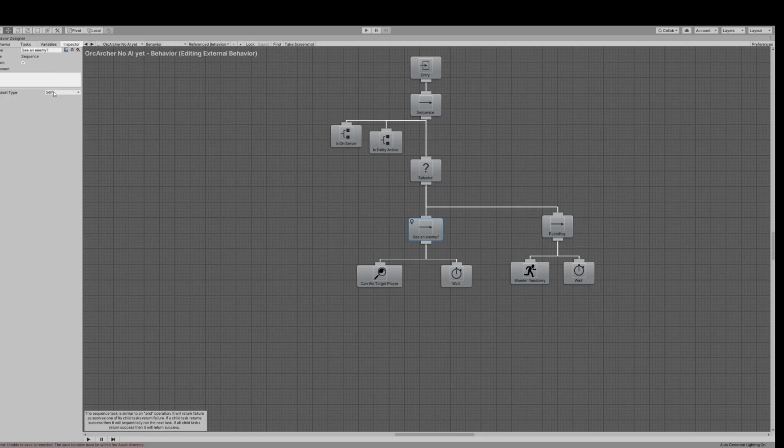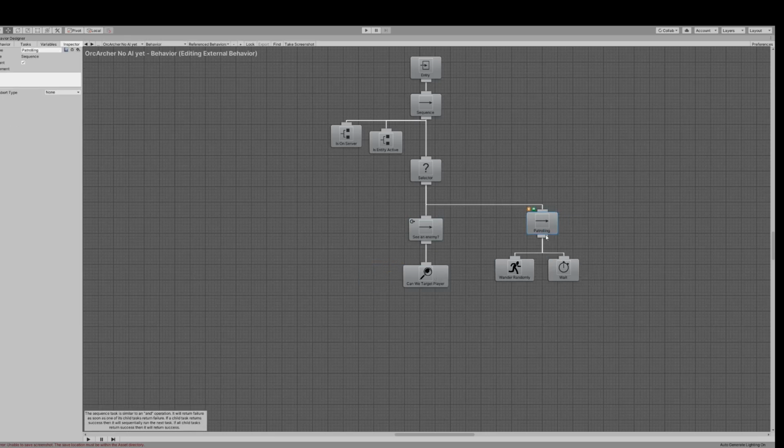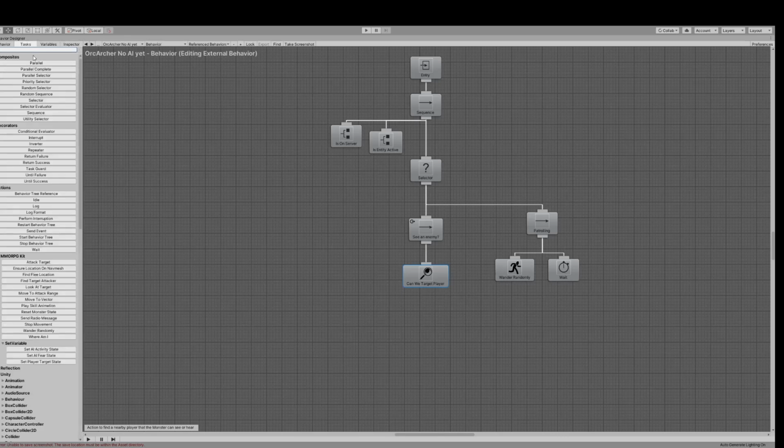If we have set to both, it will abort everything. If any conditional in this sequence changes, the answer changes, it will abort any other action, anything to the right of it and anything below it. So that's basically, they're a bit complicated, but it's quite useful, and that's what we would want to do. So while you're patrolling, he patrols, wanders randomly, waits for 10 seconds. If during that time he sees an enemy, it aborts that wait and then populates the targeted player with the enemy. Now we'll have another sequence further up,